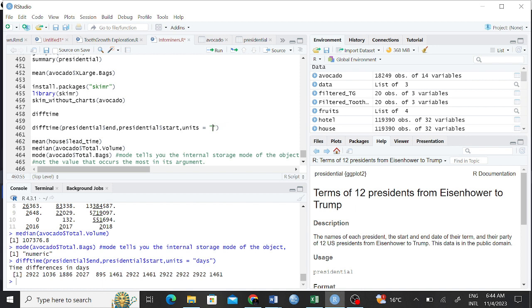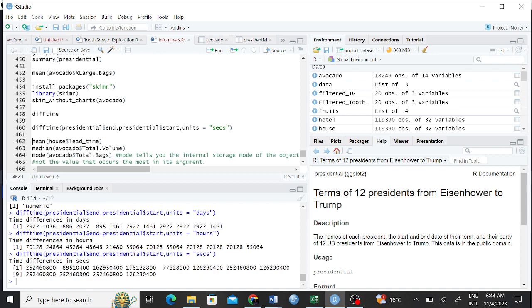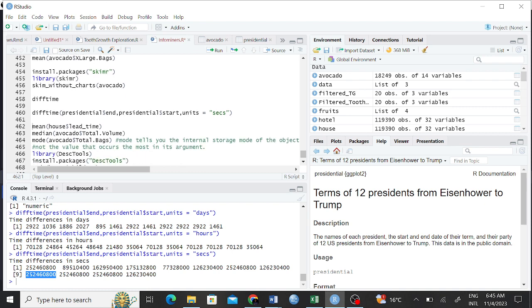You can even use hours. How many hours did they spend? And you can see the number of hours spent here. You can even write the amount of time they spent in seconds. You can see there are those who spent the same amount because they took the same amount of time. If it is two terms, for example, Obama, you can see Obama here, and you can also see Bush, you can see Clinton, right? And you can see Eisenhower spending that amount because he went two terms, and that is how you can walk through